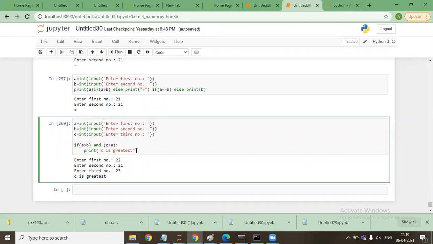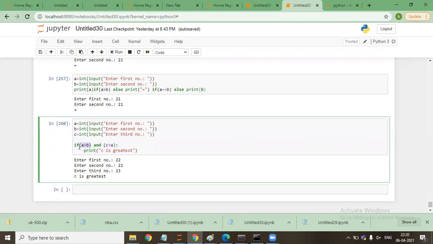What happens if we give A as the highest number and the rest of B and C? It will not print anything because I have specified only the condition when C is to be printed. Sir, please explain this and again because this is a combination of two statements.